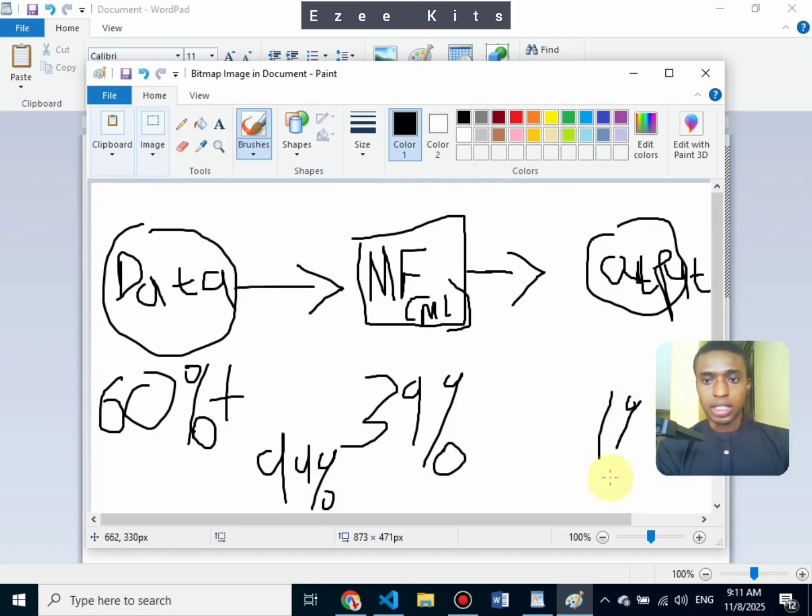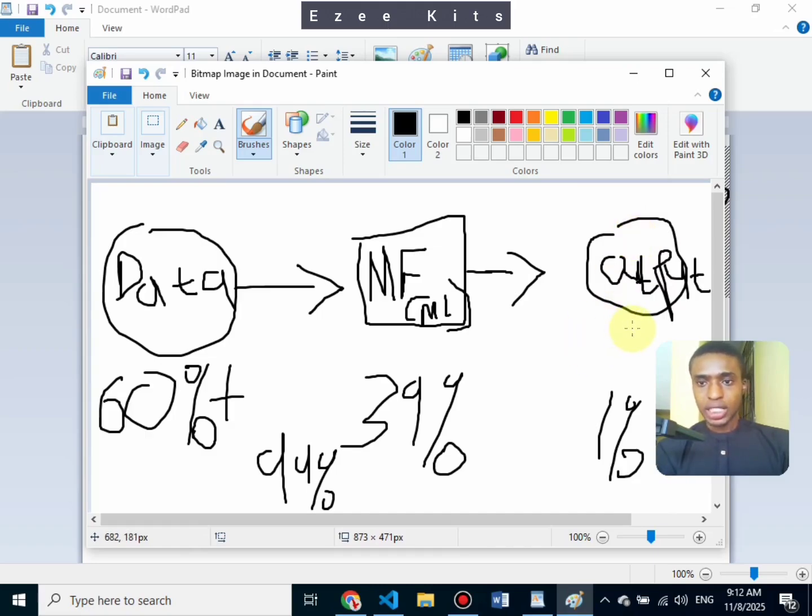One thing about the output is that it might have this 1%. Remember that these are just what I assigned to them. This is not a global type of thing. These are just what I assigned for my own knowledge. So when we look at this, the output that we get here